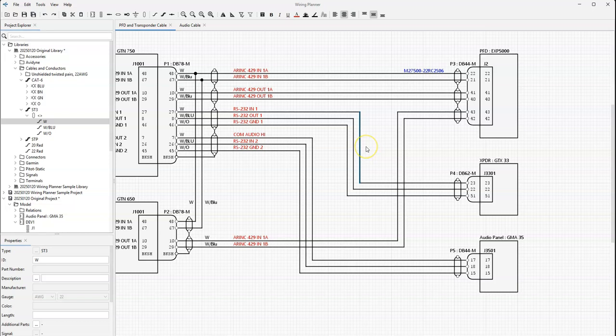The next shortcut is used to highlight the full length of a conductor. If I click any conductor, only the segment that I clicked is highlighted. But if I press Tab, then it highlights the full length of the conductor. Sometimes when you're working in Wiring Planner, a conductor may become displaced, and it's then not obvious where this conductor is connected to. So if I press Tab, it highlights the full length and it's obvious that it's connected to